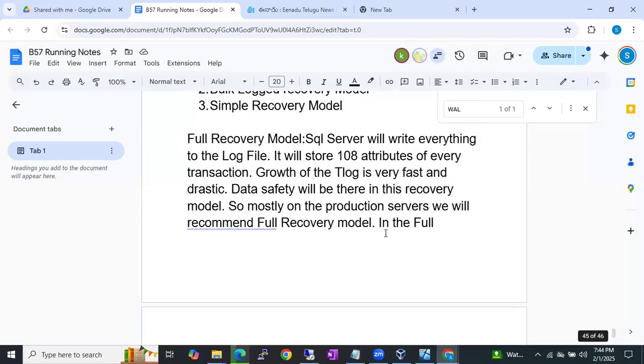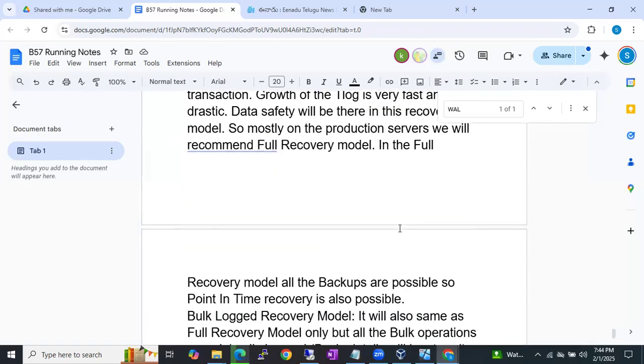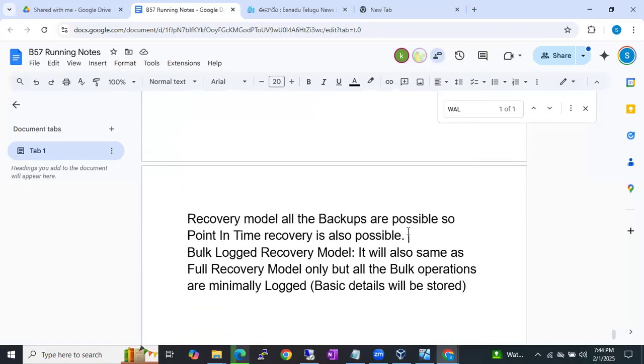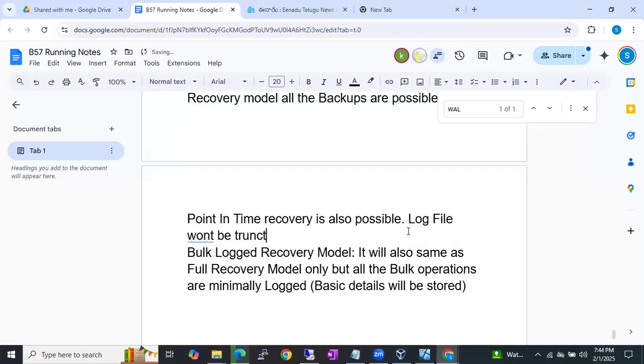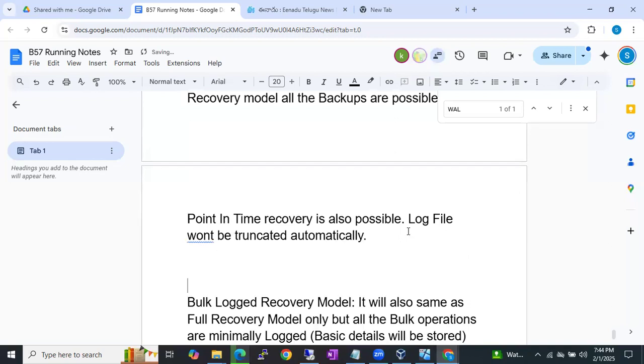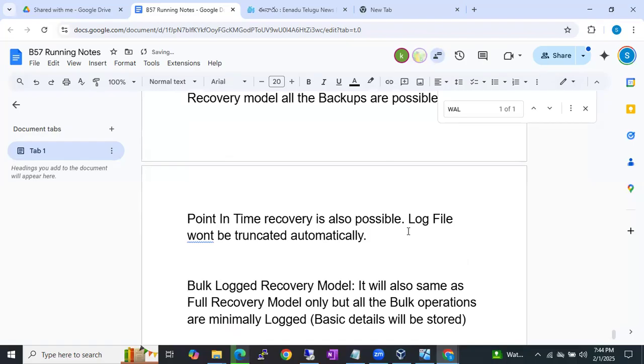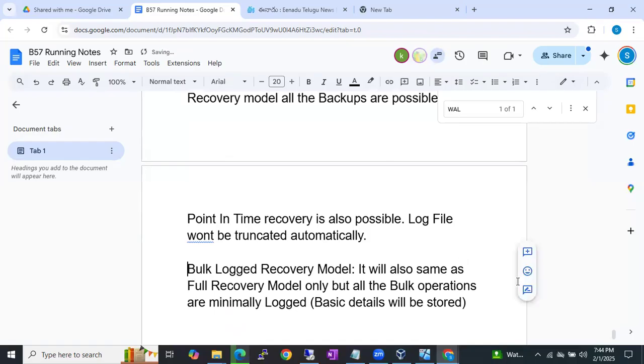And here I want to add one more point. In the full recovery model, the log file won't be truncated automatically, guys. Whereas in the bulk logged recovery model, guys,